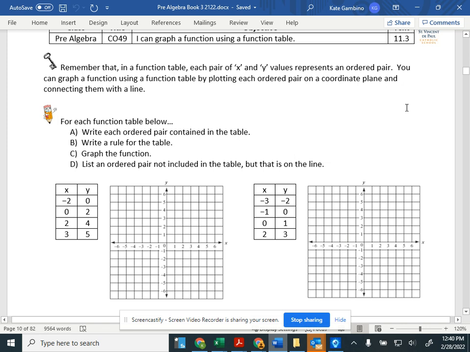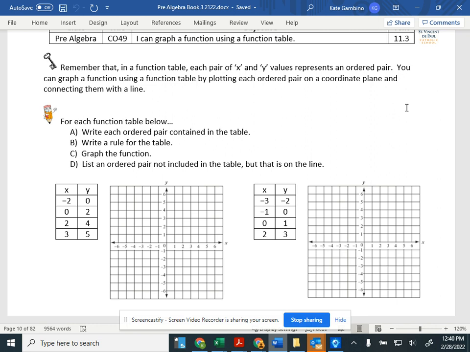Good afternoon. Today we are working on CO49. I can graph a function using a function table. Remember that in a function table, each pair of x and y values represent an ordered pair. You can graph a function using a function table by plotting each ordered pair on a coordinate plane and connecting